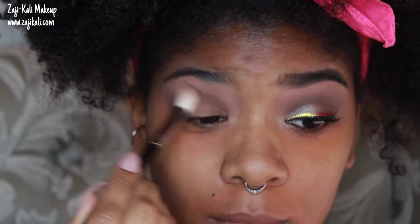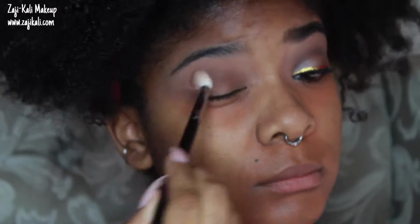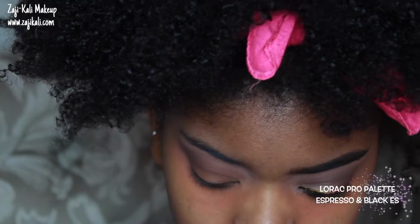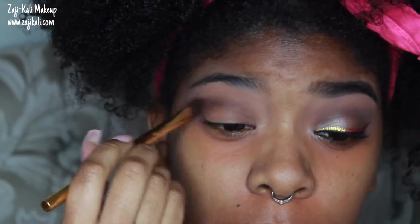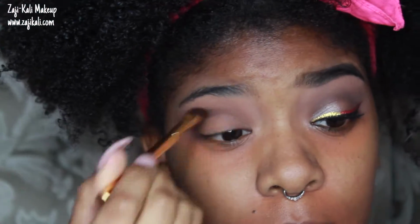And then I use the same big fluffy brush to blend it out to keep it very soft and blended and blown out, because I don't want this to be a really harsh eyeshadow look. I want to just do something really nice and defined and polished to be a good canvas for this bright liner. So I go in with a little bit of black and espresso from the palette just to deepen up the crease,